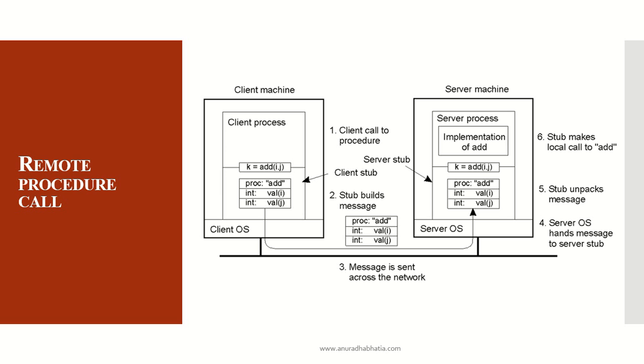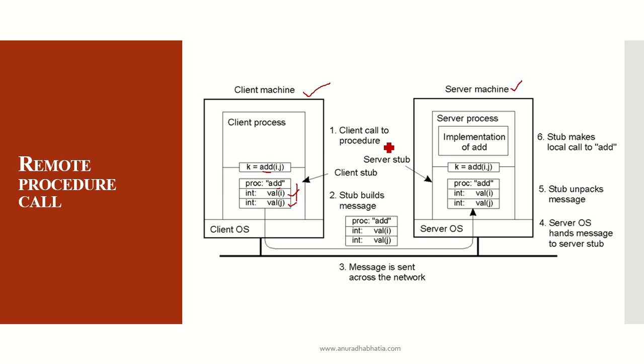Now this is a more detailed diagram of the remote procedure call. Client calls the procedure. This is the client machine. This is the server machine. This is the client stub. You will see this is the actual implementation of how a procedure or function is called and how it is replaced in the stub and how it works. This is a client stub where my procedure is actually stored. This is an add function, or an add procedure, which was called, and these are the two arguments and the values which need to be passed.